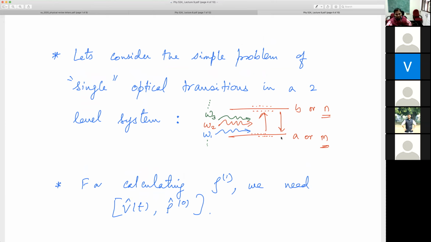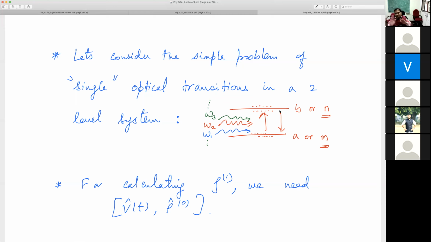And I can take atoms which were in the A state to the B state. The dots show that initially I had some population of A and some population of B, and I can keep changing the population. So this is an ensemble experiment. I have more than one atom, and the state of the ensemble is decided by how many atoms are in A and how many atoms are in B. So this picture doesn't show the ground state, it shows both A and B excited states. Some atoms are in A, some atoms are in B.